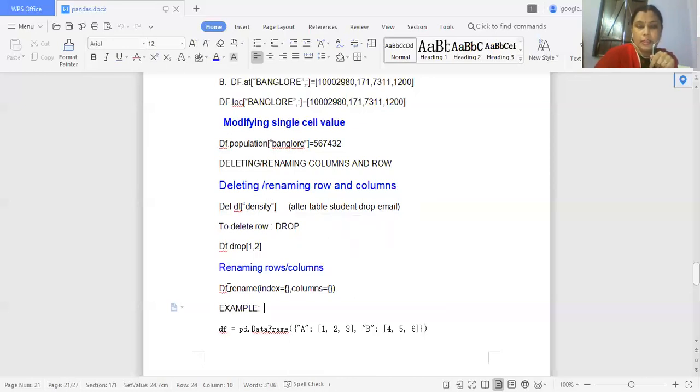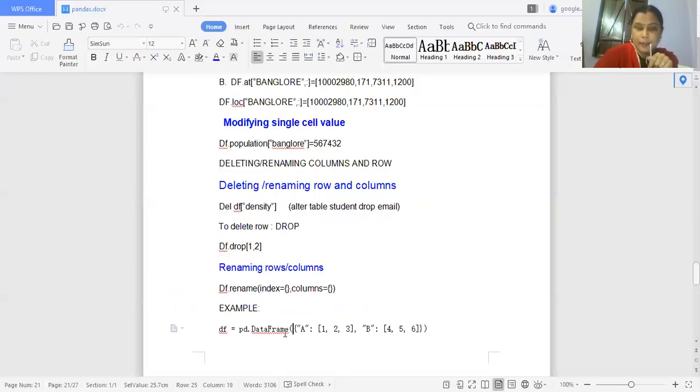First of all, we use the data frame name, here df, and then rename, and under the function brackets we use index equals a dictionary and columns equals a dictionary, meaning under the dictionary we map the old column value to the new column value. So the data frame's column name will be changed.